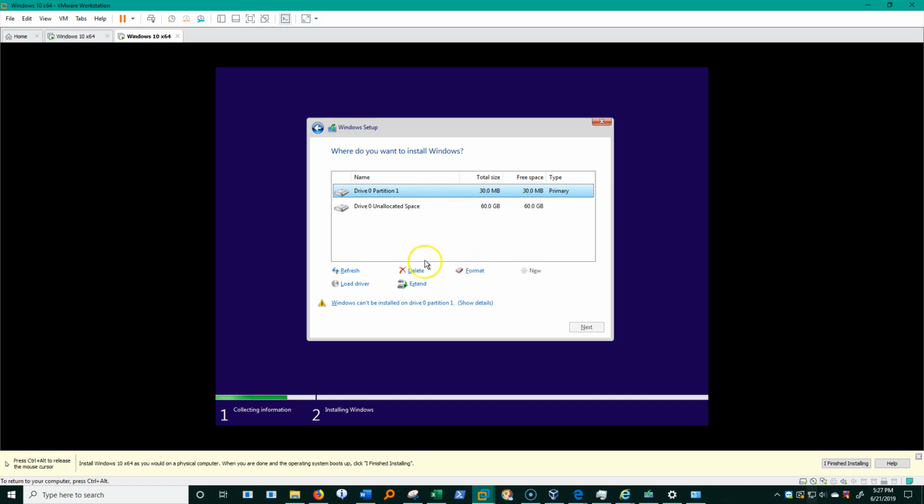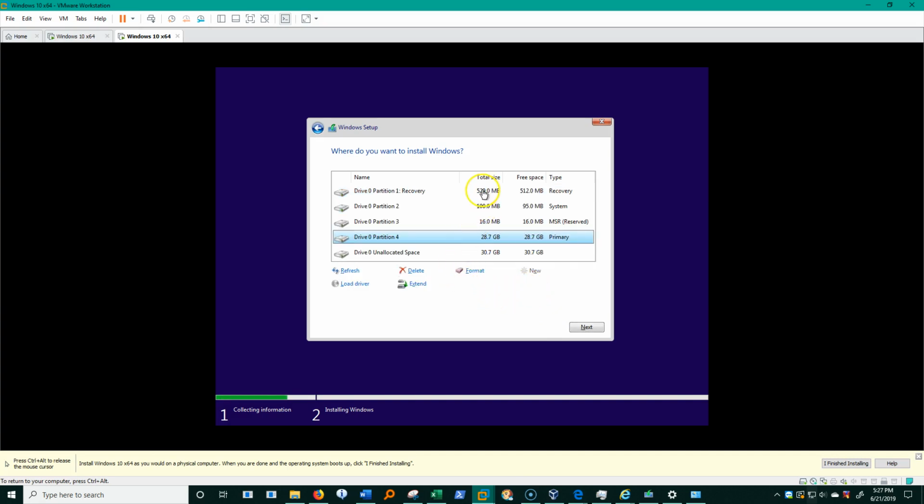I'm sorry, I can't do that, can I? Let's delete that and try that again. 60 gigabytes here, let's say new, and then do 30000 and apply that. There we go. Now these aren't really big enough, and by the way, it made some extra stuff. Why did it make some extra stuff? Well, Windows does create some very small drives. See, these are in the megabyte sizes here for system recovery in case I have a crash during or in case the installation doesn't work.